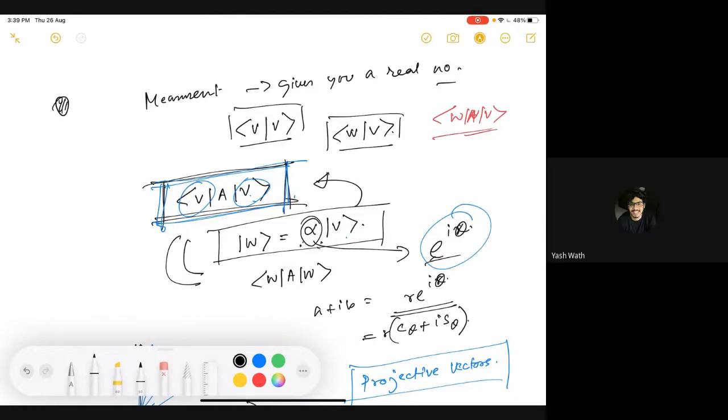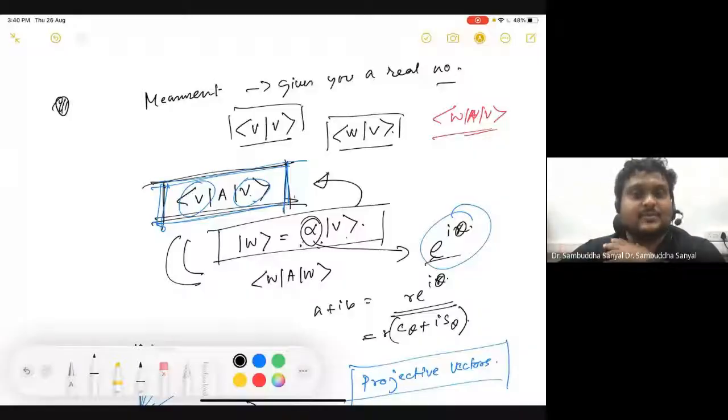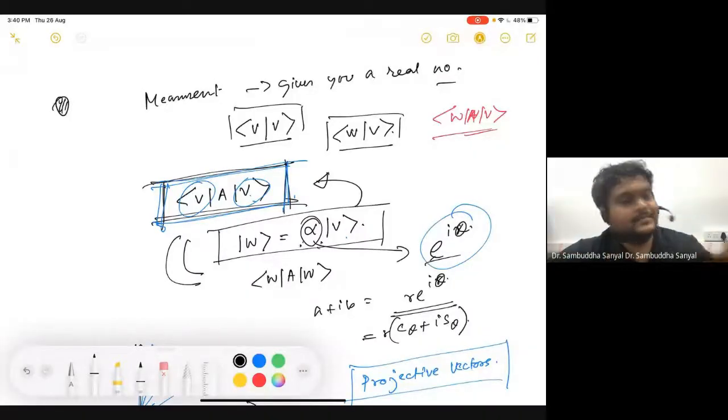Right. So this is the best candidate, but also understand that what we are learning is one formulation of quantum mechanics. There are nine formulations. It's not the only way of thinking about this problem, but this is the most convenient way that works with most problems. For example, the Feynman path integral is an altogether different way of thinking about this problem.